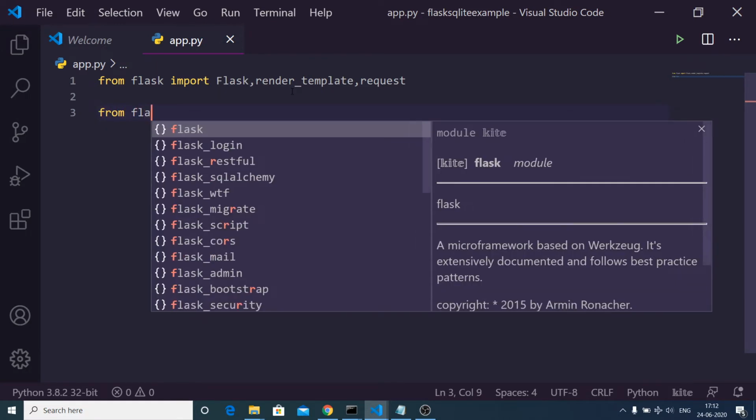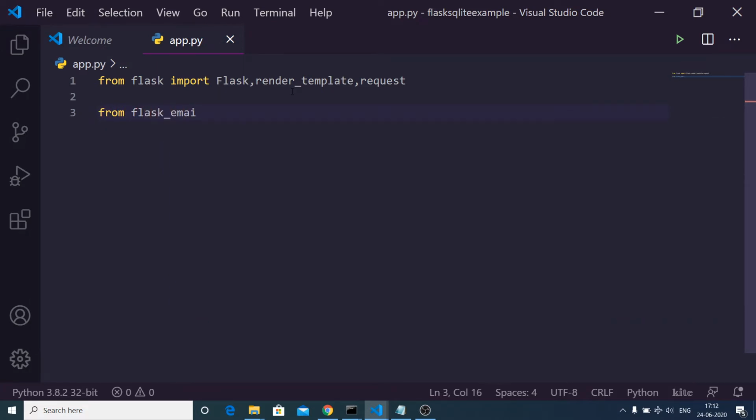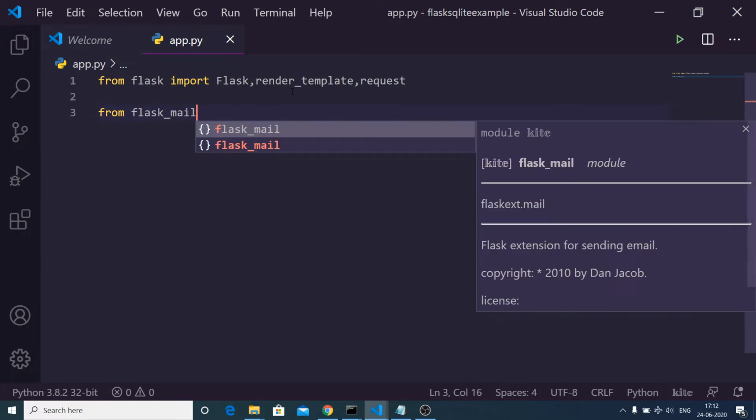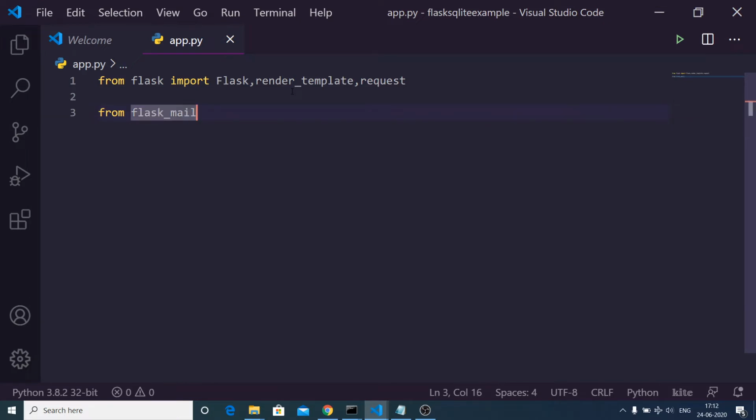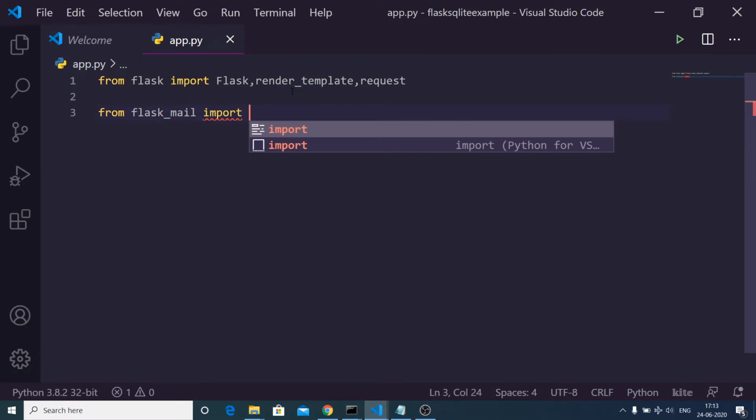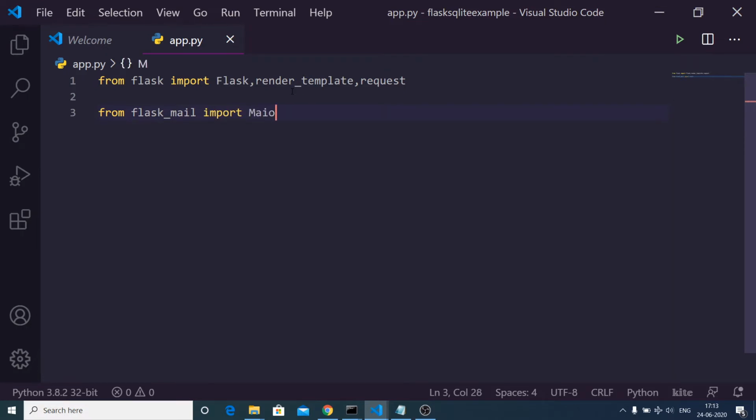Secondly, we will need to import the Flask-Mail library. From flask underscore mail, import Mail. This is the name of the library, not email, this is mail. From this we need to import two components. First is the Mail component, which will be responsible for sending out the emails, and second is Message, which will be used to construct the message.